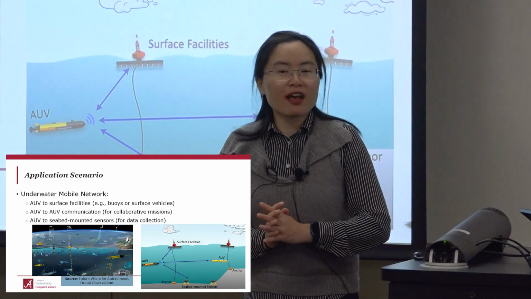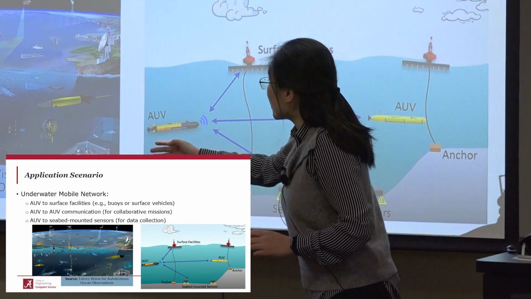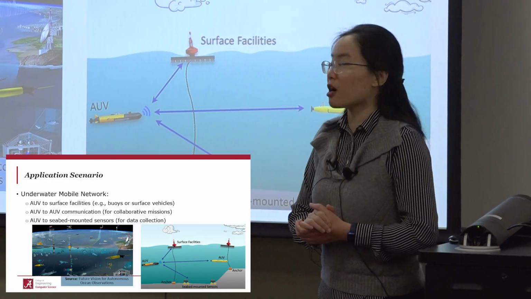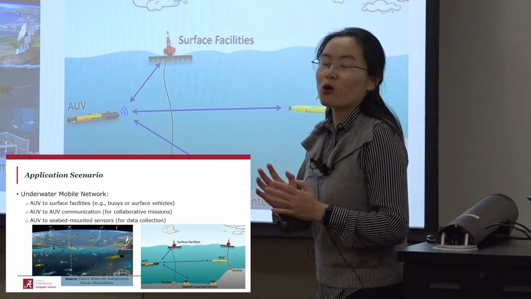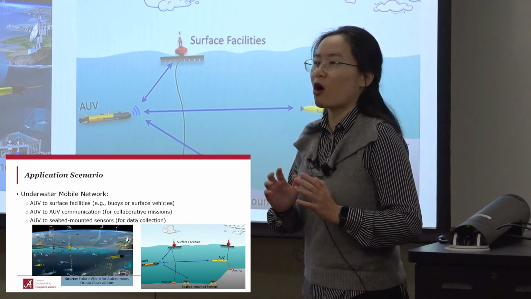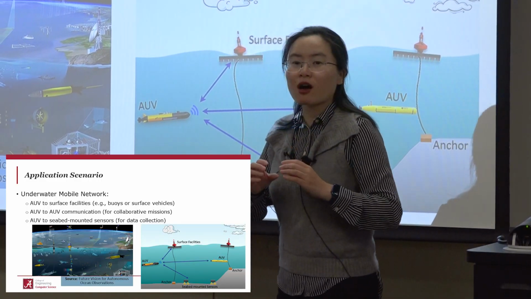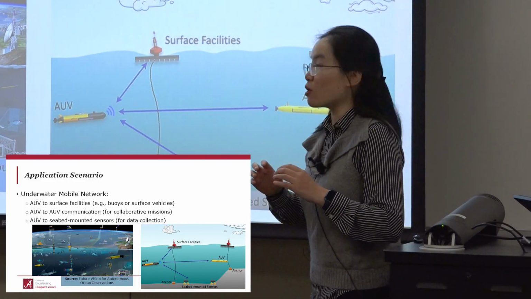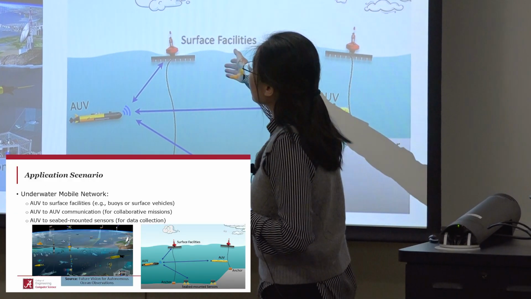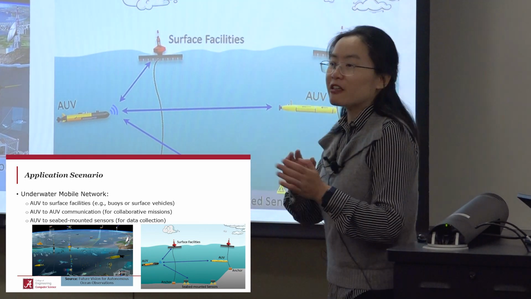So to begin with, why is the underwater mobile network so important? Here, the bottom figure shows an illustration of the future vision for autonomous ocean observation. It is a very important vision that will enable the autonomous operation of the ocean monitoring system. And in this vision, a central part will be the underwater mobile networks, because it enables the AUV to communicate with surface facilities, for example, the surface buoys and surface vehicles, for efficient data